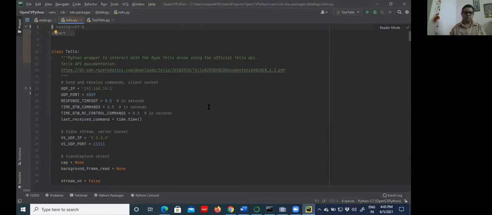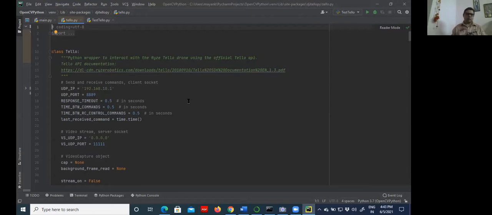This Tello drone has a fixed IP, 192.168.10.1, and the UDP port 8889. You cannot change this port.